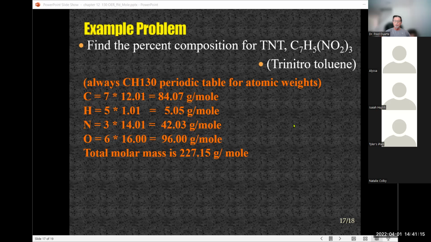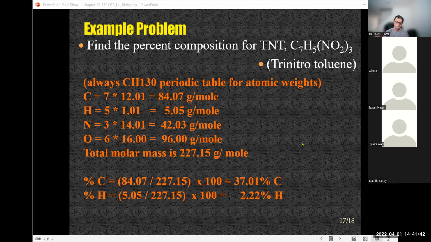So we have a total molar mass for TNT of 227.15 grams per mole. Now, to figure out the percent composition, we simply take the contribution of carbon, which is 84.07, divided by the total molar mass, times 100. That gives you a percentage of 37.01% for carbon,